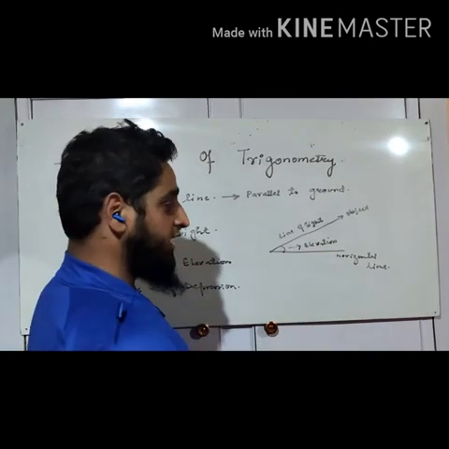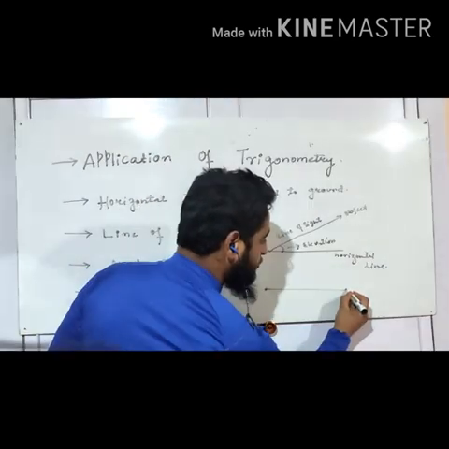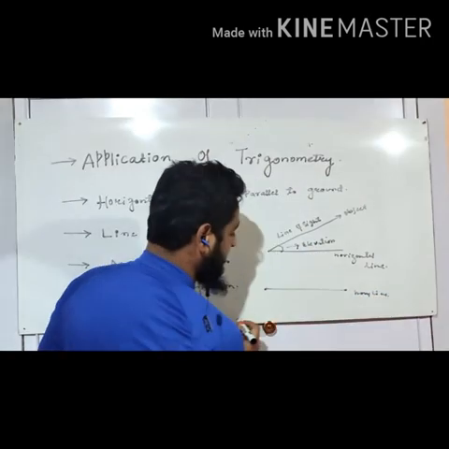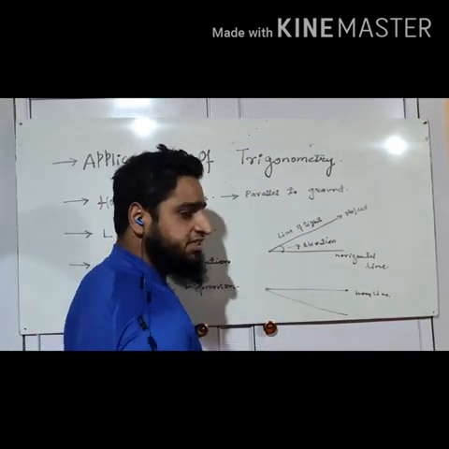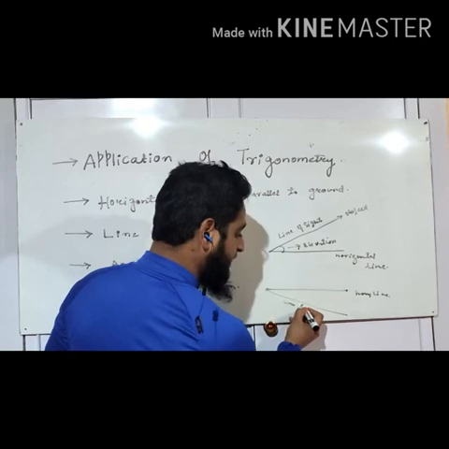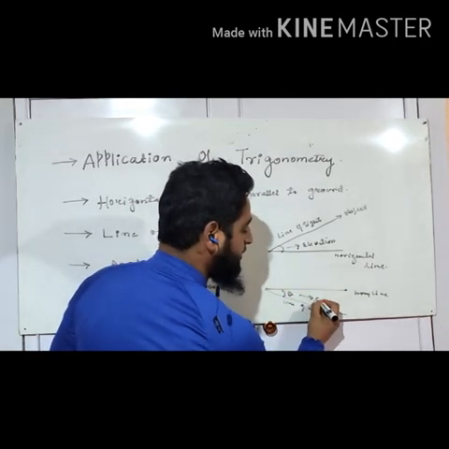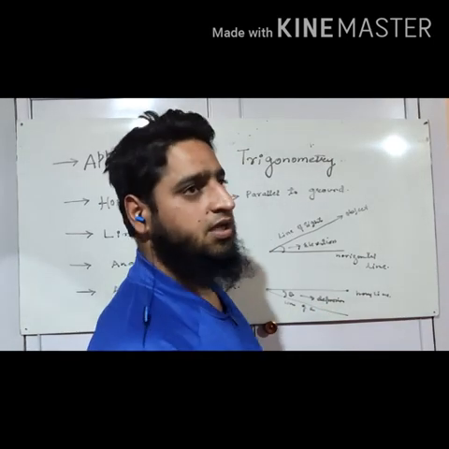ठीक ऐसे ही एक इंसान इधर है, ये उसकी हॉरिजेंटल लाइन है। ठीक, अब फर्ज करो उसने नीचे की ओर देखा। ठीक, ये उसकी बन गई लाइन ऑफ साइट। तो यहां पर जो एंगल बन गया इसको हम कहते हैं एंगल ऑफ डिप्रेशन।